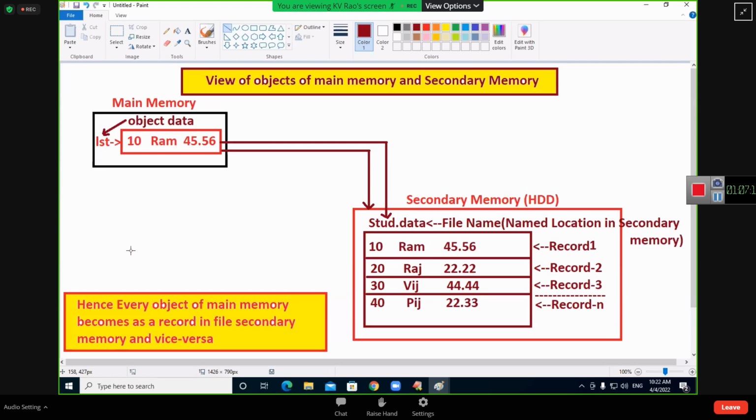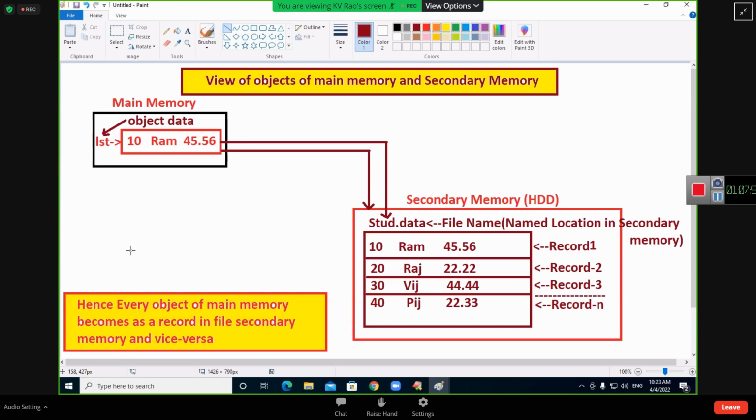Take a personal example. Whenever I explain, that data enters your brain. I say write the notes. When I say write the notes, you transfer your brain data into your notes, or not? What operation is it? Write operation. Okay, data written. 3 days over, 4 days over, 10 days over. Tomorrow there is an interview. What will you do? Open your notes and get the data into your brain again. Or will you go to the interview and give the notes directly? If you ask a question and the interviewer reads my notes to get the answers, I could do the same thing in the interview. Will you do like that? No. So definitely I must do which operation?